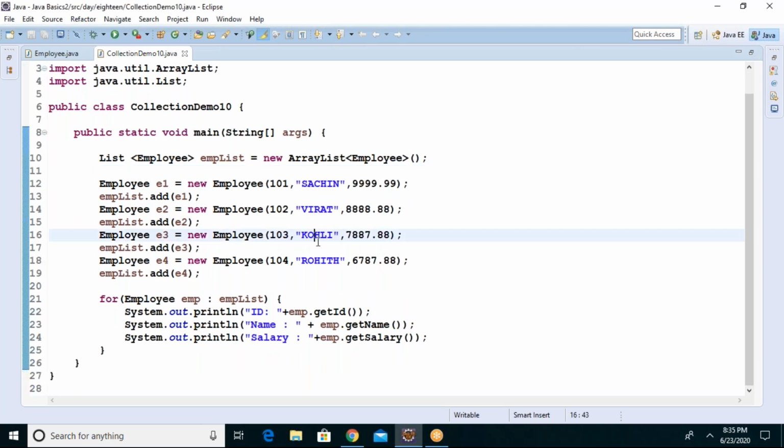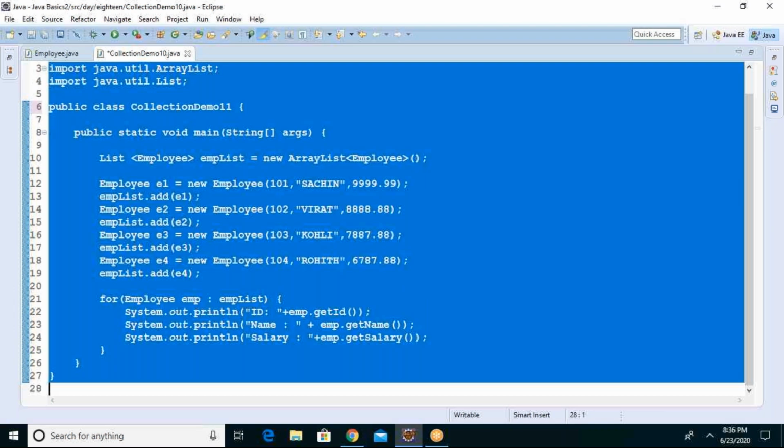What we discussed yesterday is we started with our customized object Employee, how to store the employee object into an ArrayList and how to retrieve from the ArrayList. This is the most important concept everybody should understand very clearly. So apart from that, I would like to continue with the next thing. Let me copy the same program.